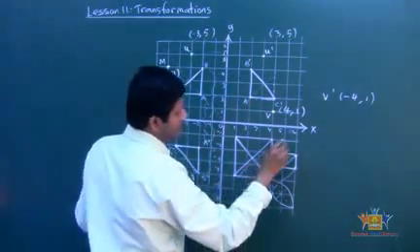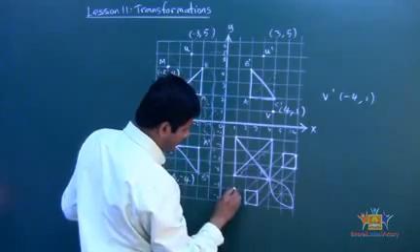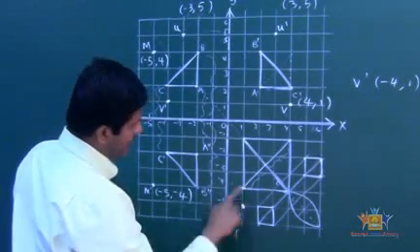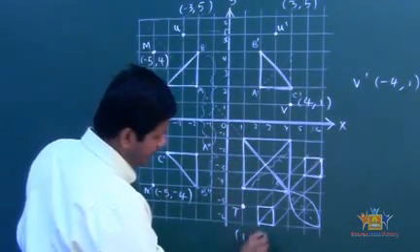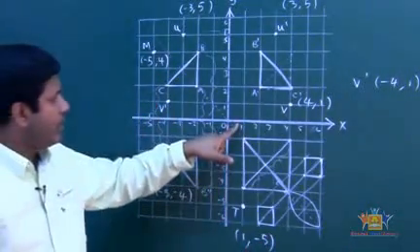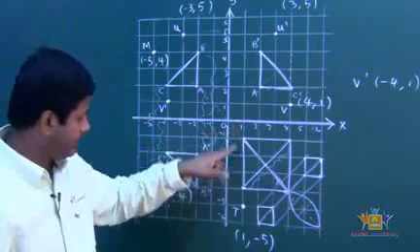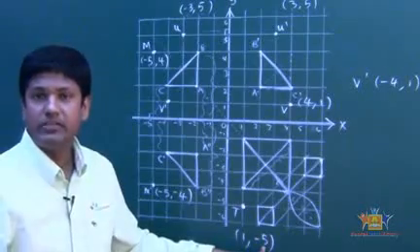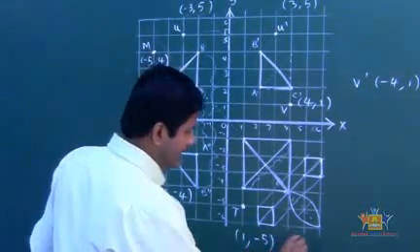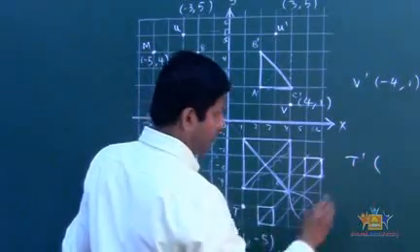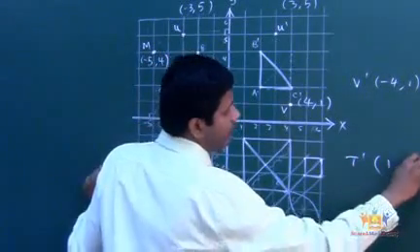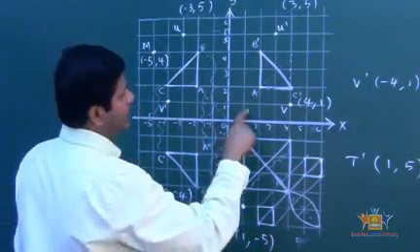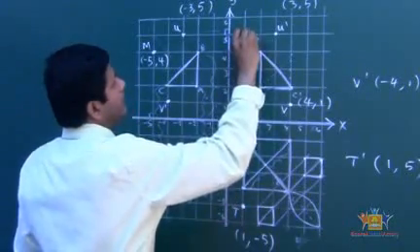Okay? Let's say for example, Mr. Mac, pick a point. Let's say a point right there. Let's say this is T. So what's the coordinate for that? T is 1, negative 5. When I reflect on the x-axis, which will be my axis of reflection, x stays the same, y is the one that changes from negative to positive. So my T image is going to be 1, 5. So 1, 1, 2, 3, 4, 5 right there. And that's going to be my T image.